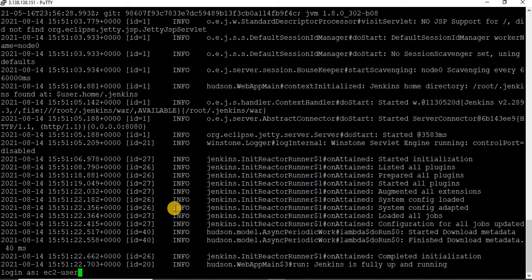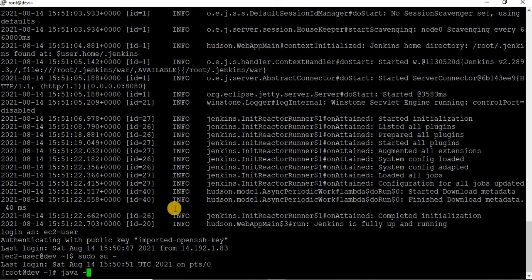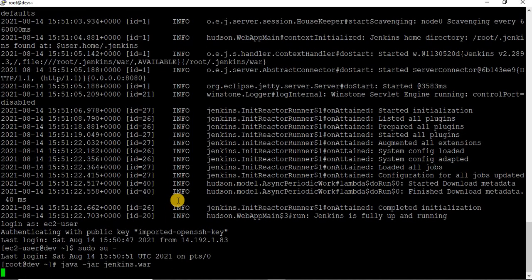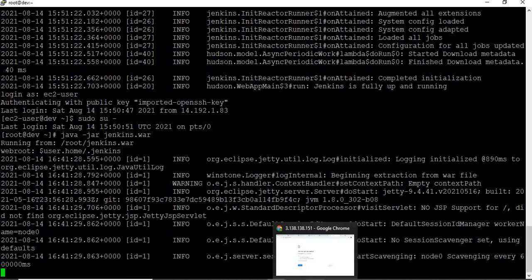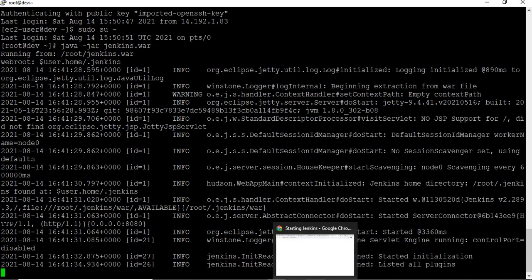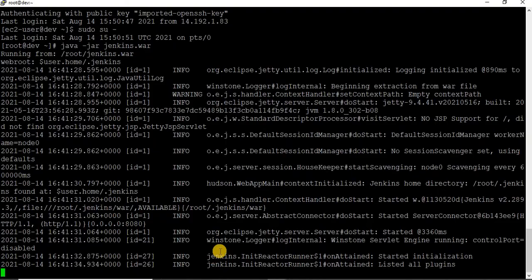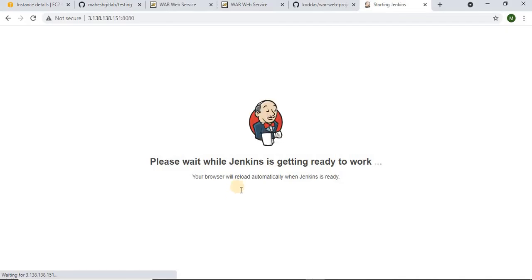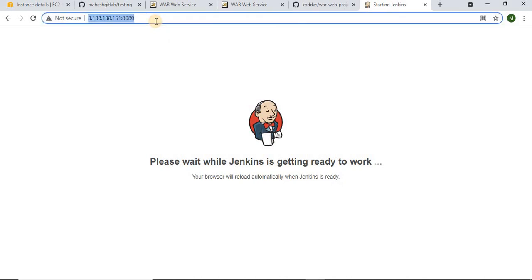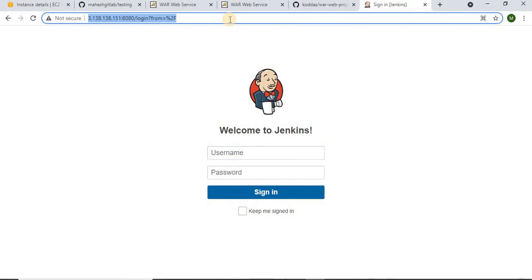EC2-user, sudo su, java -jar Jenkins war file. Not sure whether that job is executed or not, so no problem, we can build it again. Please wait, Jenkins is getting ready. Fully up and running, right?